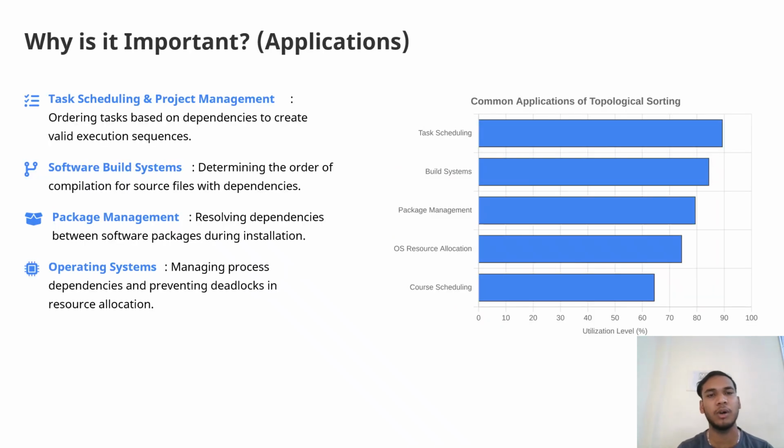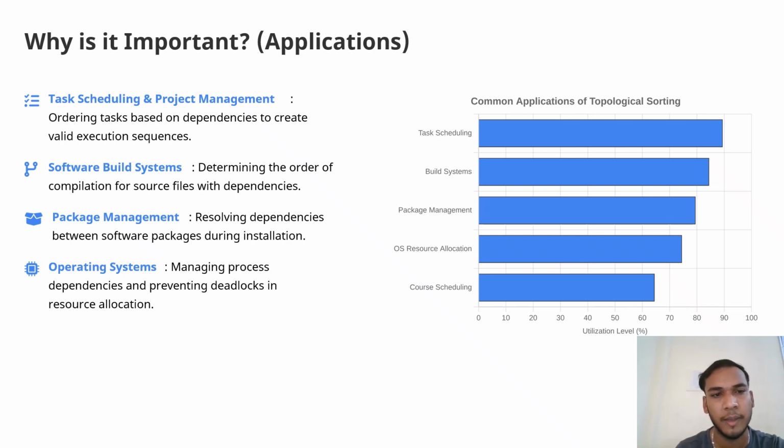These are some important applications of topological sorting: task scheduling and project management, software building systems, package management, and operating systems. In task scheduling and project management, we can order the tasks based on their dependencies to create a